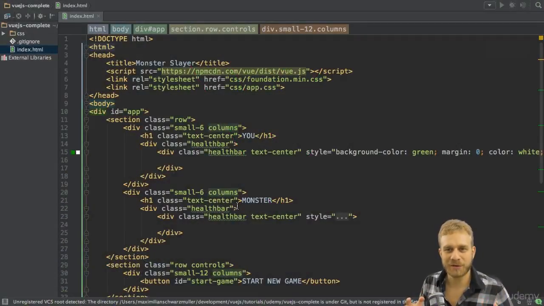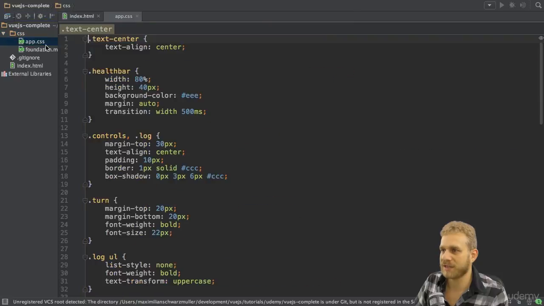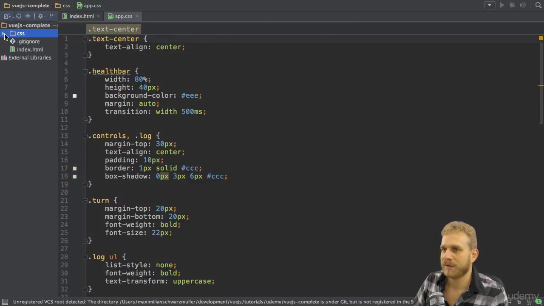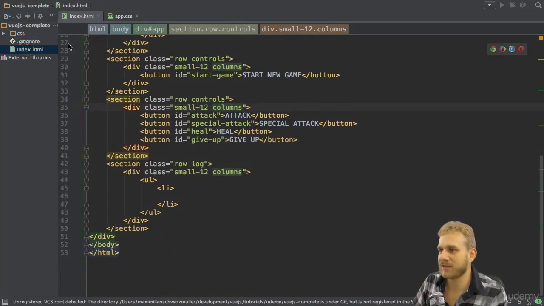So, were you successful? Let's build it together. These are the assets you got. The CSS files for the foundation grid I'm using, and my own CSS file for the styles I'll use throughout this project here. Then I got the index.html file with obviously the HTML code, and now it's time to add